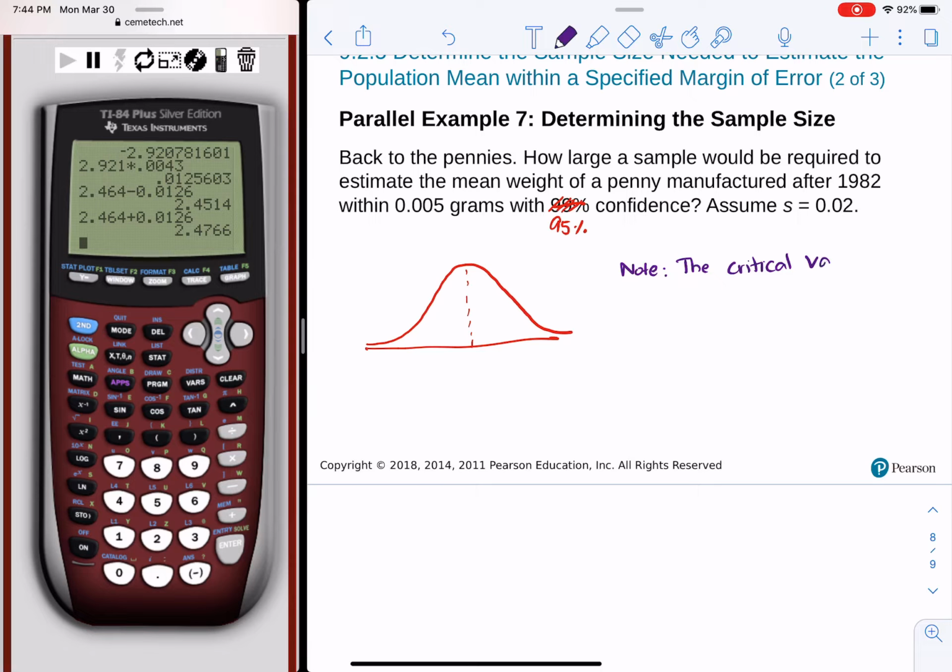I meant to say t-distribution, I'm sorry. Critical value does not come from a t-distribution. The reason being, the t-distribution depends on the degrees of freedom, which in turn depends on the sample size. But our objective here is to determine the sample size. So we don't use a t-distribution, rather